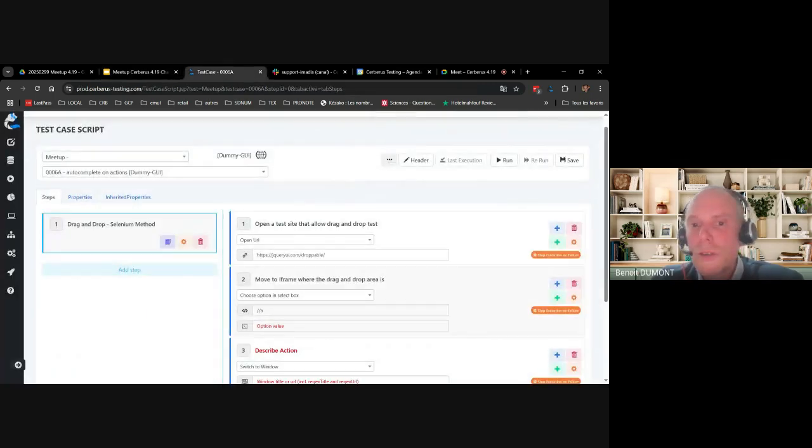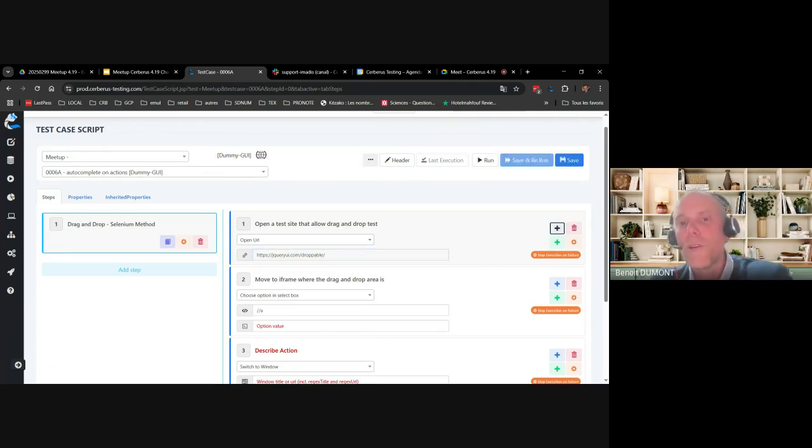We also have made an improvement on those buttons. Here you had the save and rerun. Now we've tried to reduce the number of buttons that you click when you administer and maintain your test cases. A common use case is that most of the time you save your test case, and once it has been saved, you rerun it.